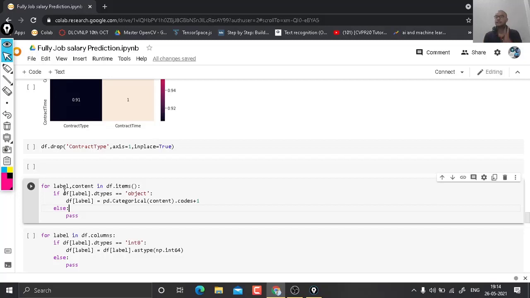Suppose there are 3 categorical values in our data set, x, y and z. Then x is assigned 1, y is assigned 2, and z is assigned 3. So whenever there is x, it is 1, y is 2, and z is 3. This changes our categorical values into integer values without increasing the column size. And if it is not an object, then it just passes.